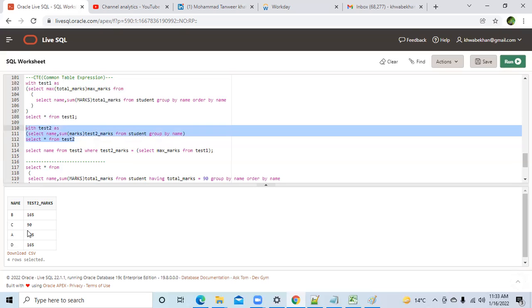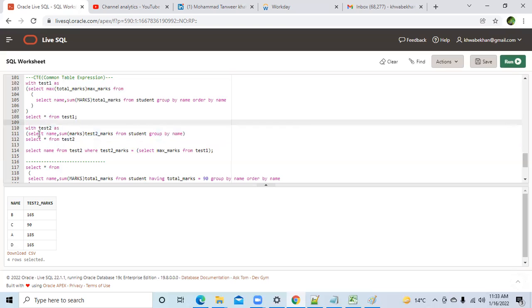You got this output? Correct? So first of all, did you understand the concept of this bucket or not? The CTE expression is a bucket only. You understood the bucket? Yeah, nothing new I've done here.